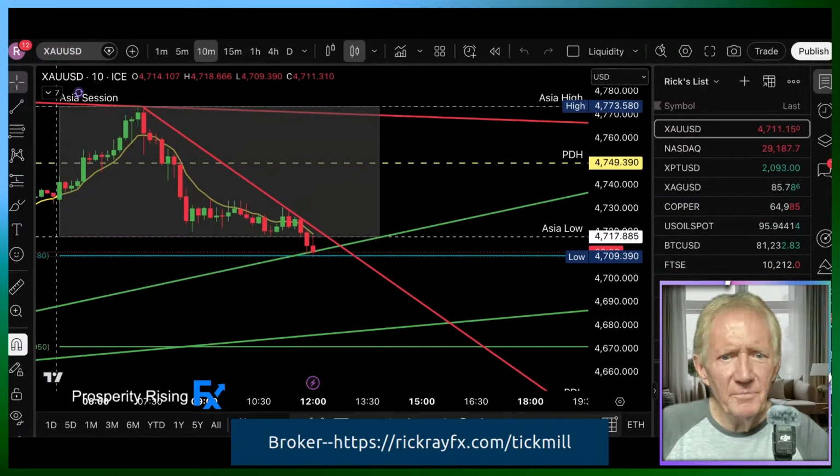It's a little bit early. Sometimes the move doesn't happen until half past the hour, but I have seen it take off at the top of the hour. So we're just waiting to see what's going to happen here. Another 15 seconds on this candle. Looks like it's going to close below. Will it break that support level at 4709? Well, we don't know. Maybe it will. It's very bearish today, so likely to continue down.